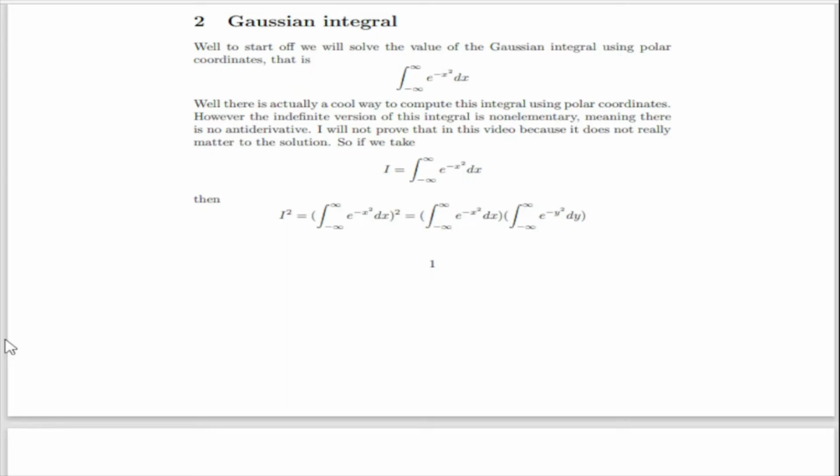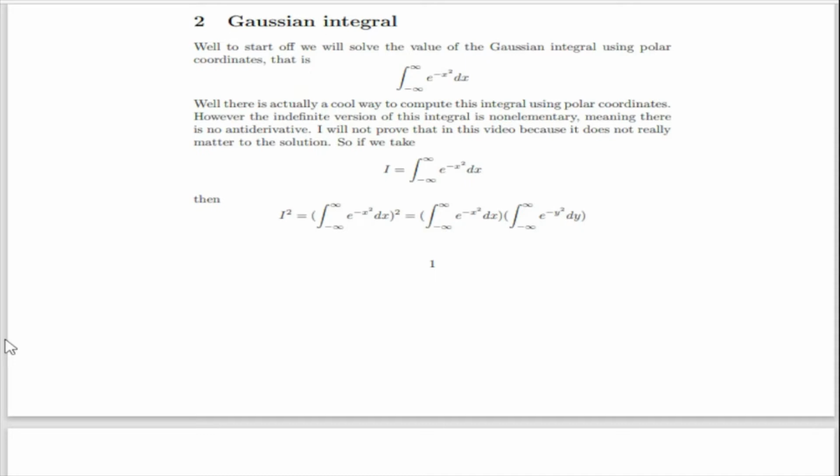However, the indefinite version of this integral is non-elementary, meaning there is no antiderivative. I will not prove that in this video because it really doesn't matter to the solution. It's irrelevant. So if we take I equals the integral that we're looking for, the Gaussian integral, then I squared